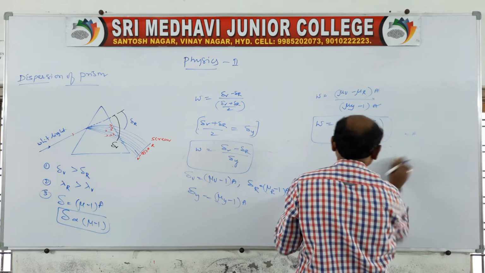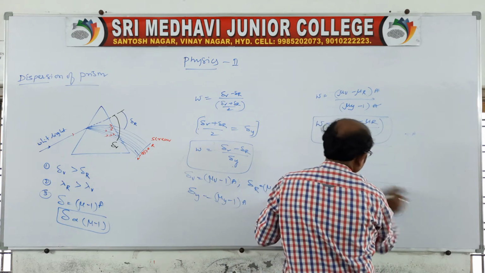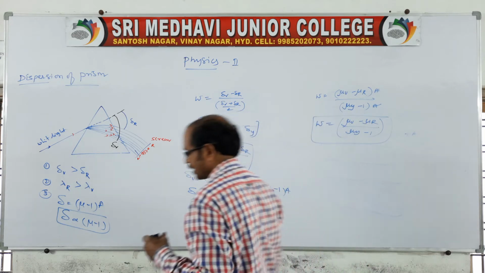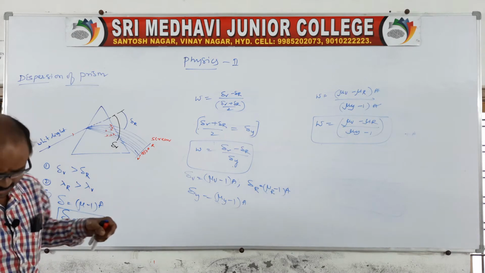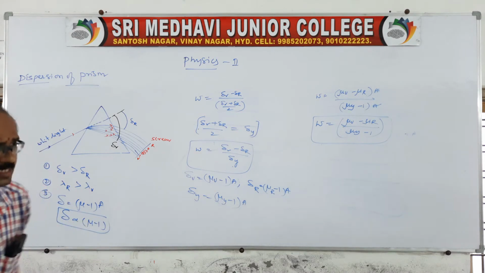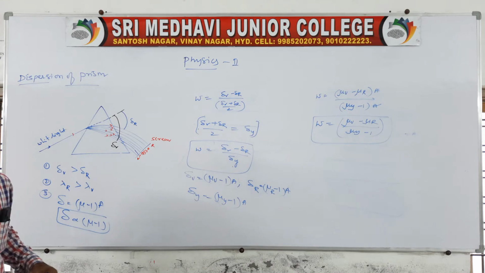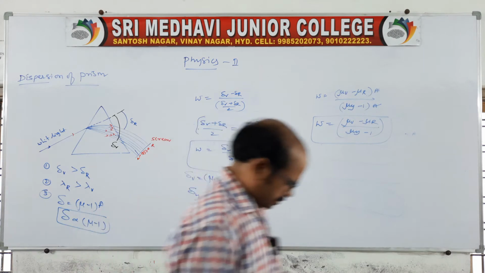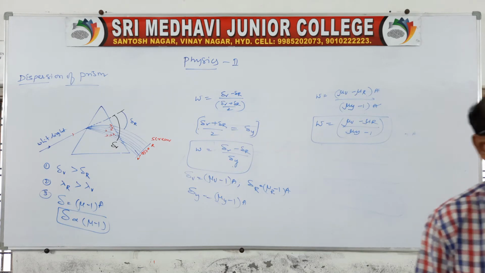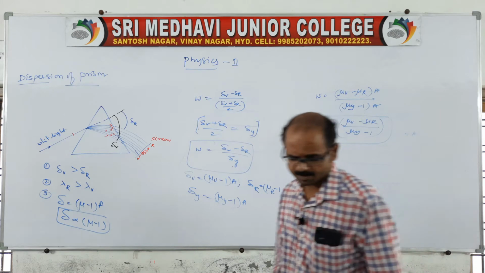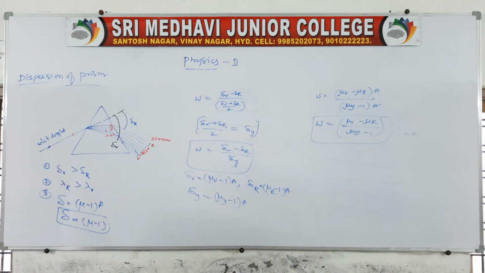This is about omega, which we can call the relation to dispersive power, angular dispersion and dispersion as well as the spectrum. This is all related to prism related questions only. Clear? Remember, these are very, very important for the IPE examination. On this basis, we have two very short answer questions also. So this is purely related to dispersive power, dispersion and angular dispersion. Clear? Now let us move to the next one.